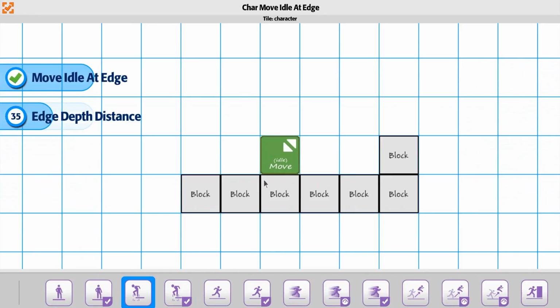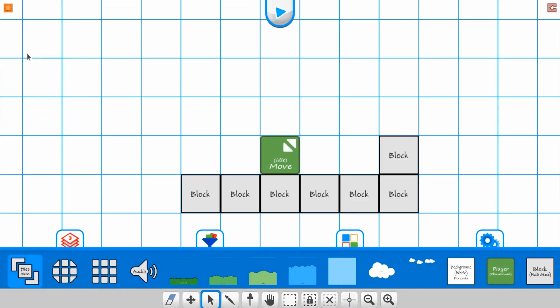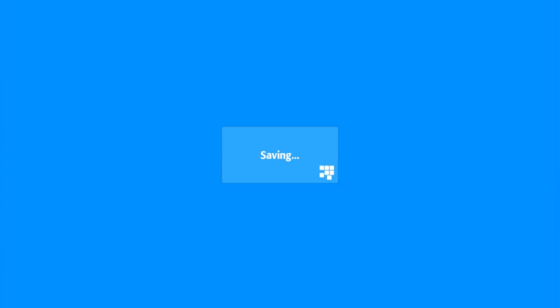Idle at edge means that if the player actually gets to the edge of a block, based on the character controller size, so whatever the character controller size you have is, that's where the edge is actually being checked for. If the player gets there, then he'll go into the idle at edge animation if you have this enabled. So for instance, we've seen it before with it turned on, but if I actually turn it off at this point,